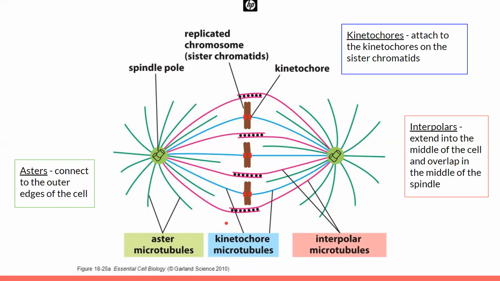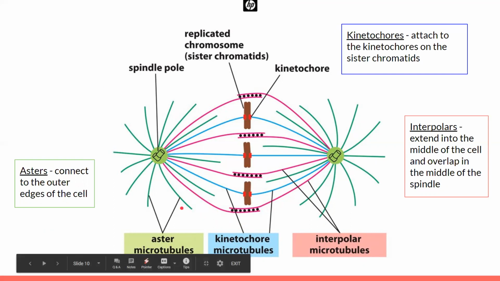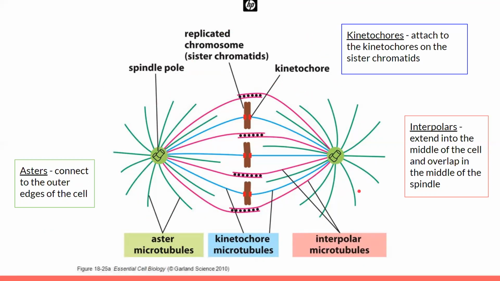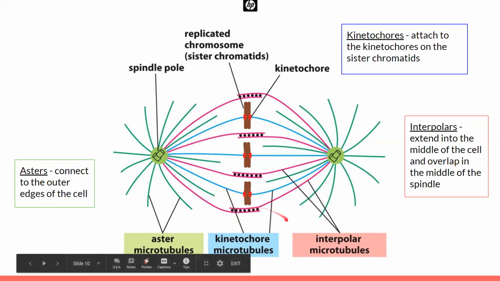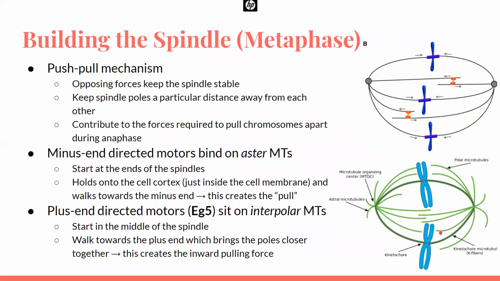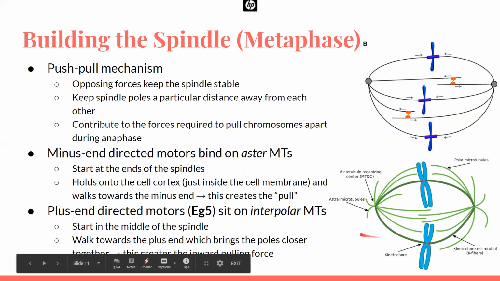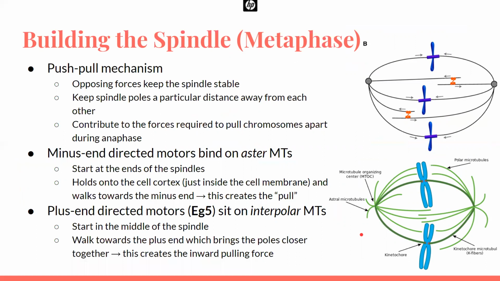They all have important functions of their own, but the main thing for spindle assembly is that they are each in different locations, they bind to different parts of the cell, and that leads to stability. And this overlapping here of the interpolar microtubules is important, which we're going to talk about in a second. They're important for the building of the spindle, so now we've left prophase, we're now in metaphase. And so that's this push-pull diagram,